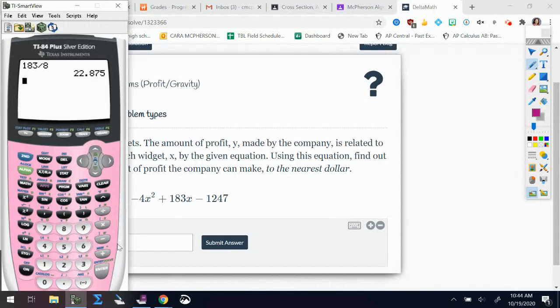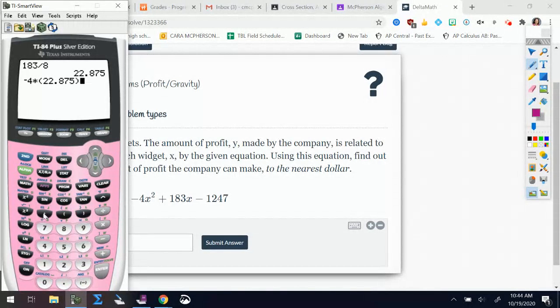To get the y value, there's a couple ways. I know we talked about it on the calculator. The calculator can become kind of a pain when you work with really big numbers. It's really hard to see in the window of your calculator without adjusting it tremendously. So a faster way would just be to take this x value and plug it into your equation. So your equation is negative 4 times, and then you're going to put in this